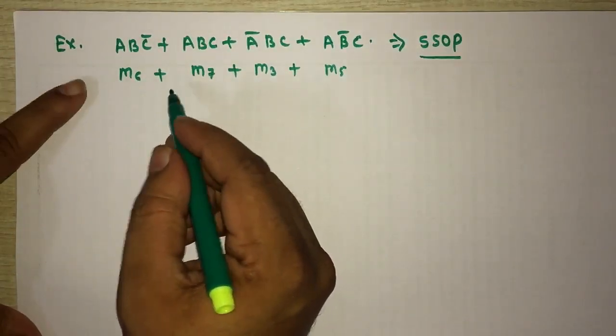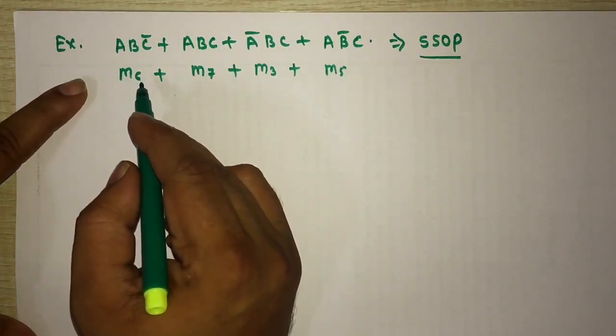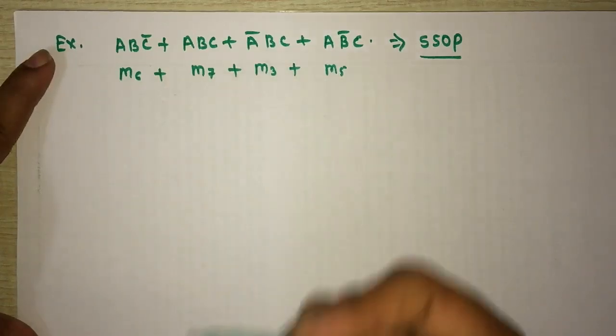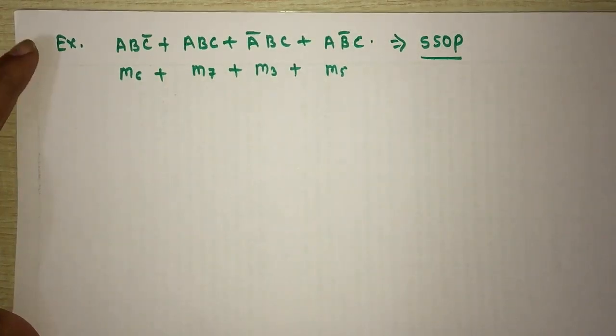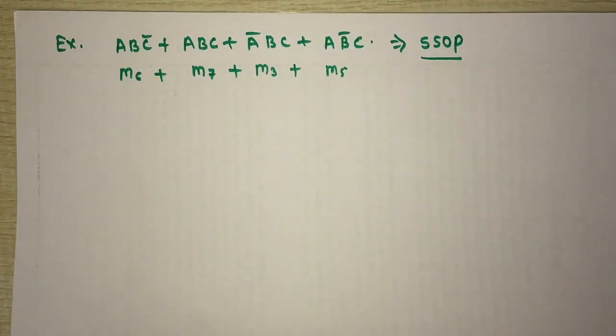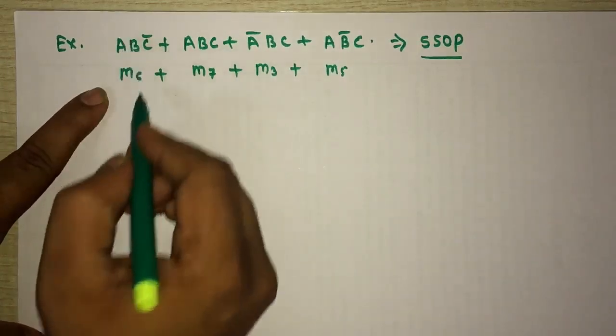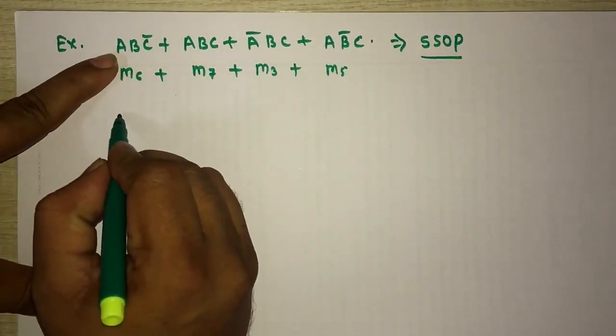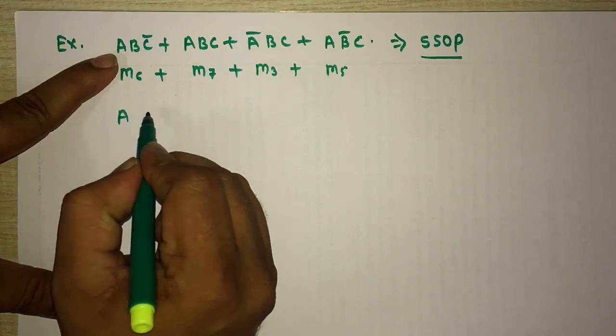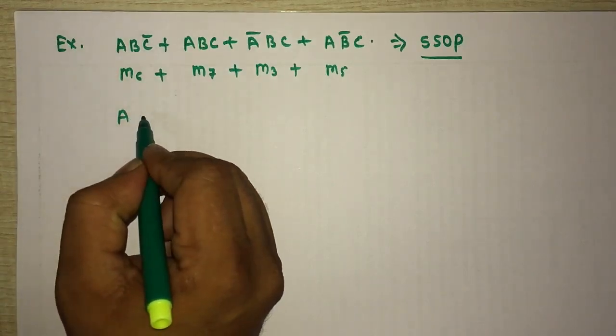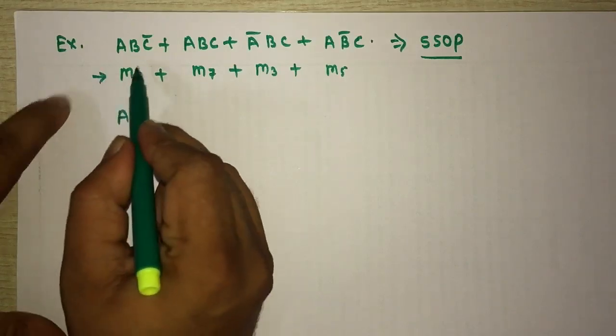Okay, so whenever you want to convert any boolean equation into min term or max term form, you need that min term and max term table. But whenever the literals are more than 3 or more than 4, it is not possible for you to remember that table, right? So another way is this. Suppose the equation is given like this, I will let you know another method to find out the min terms.